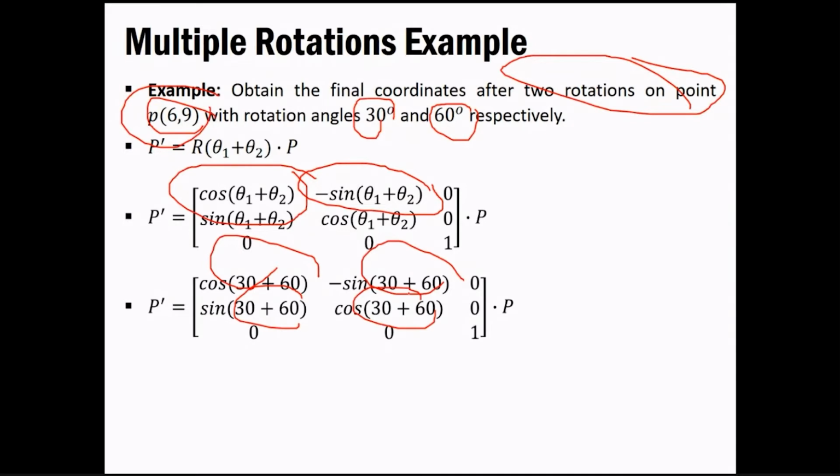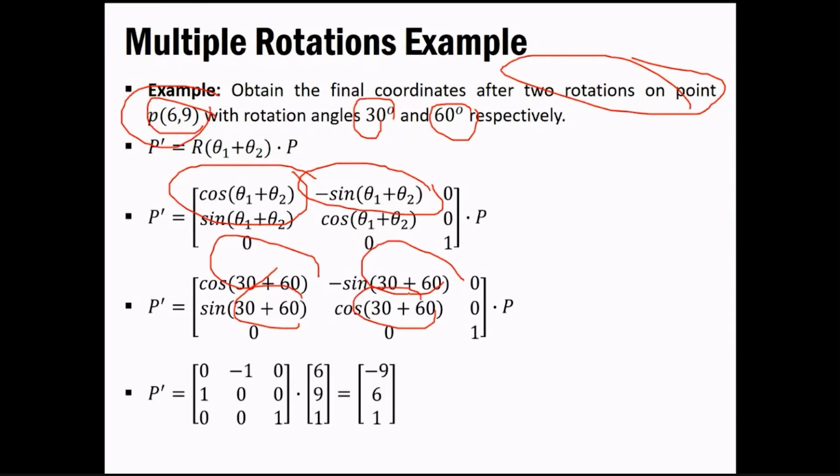Based on that, first of all you add this thing, that is 30 plus 60, 90, and based on that you just have to take the value. So similarly you have to go in this manner only. You first of all need to get the base form, and then only you can evaluate the angle. So suppose it is cos 90, cos 80, or whatever you are getting out of the example, you just have to put it over here and try to get the value of those respective things. Similarly, the pixel value is 6 9 in our case. With the homogeneous coordinate we'll be getting 6 9 1 in the column vector form.